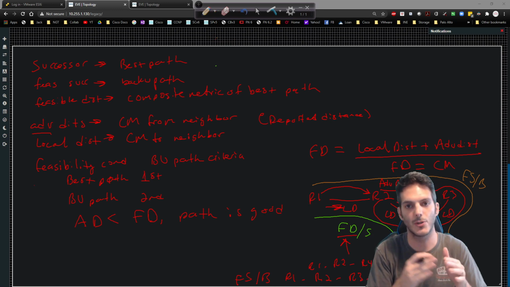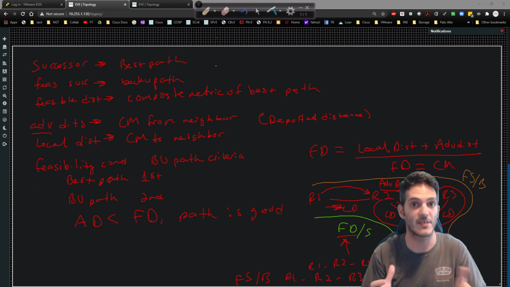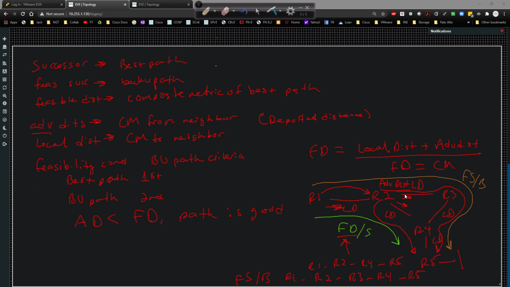So if I go R2 to R3 to R4, that's valid, because the advertised distance is going to be lower than my feasible distance, because remember that R1 is looking at that particular path through the eyes of what R2 is telling it. So, for example, if R2 is telling R1 that this path from R2 to R4 to R5 is a value of